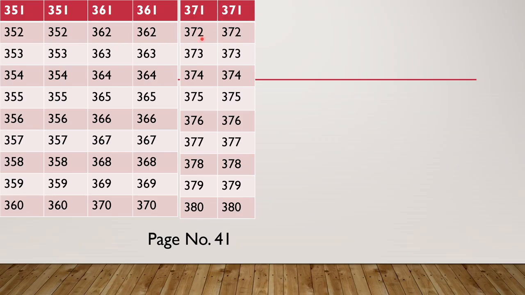371, 371. Next is 372. Next is 373. 374. Next is 375. Next is 376. Next is 377. Next is 378. Next is 379. Next is 380. Next row is